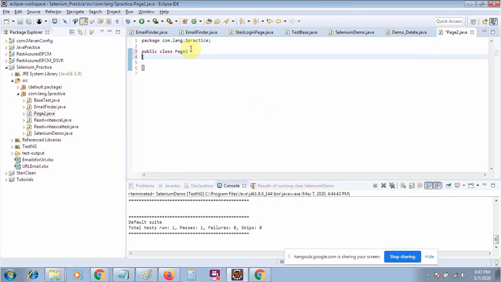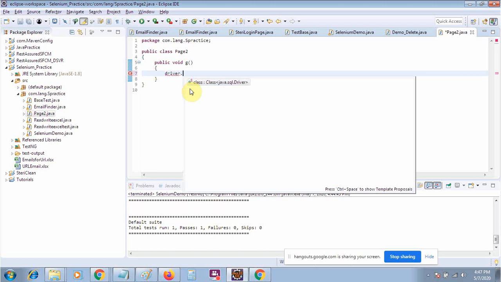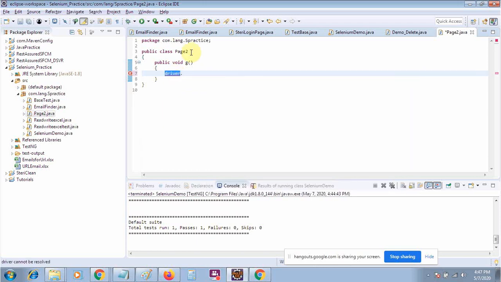In the page 2 class, for example, I am writing a method like public void G. But now here I cannot write driver dot find element, because driver is not a part of this class.